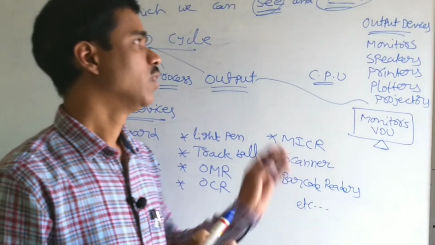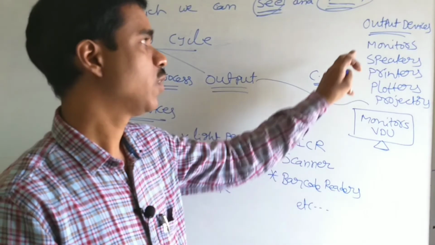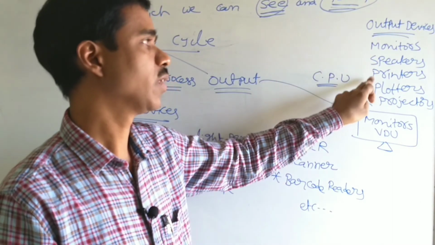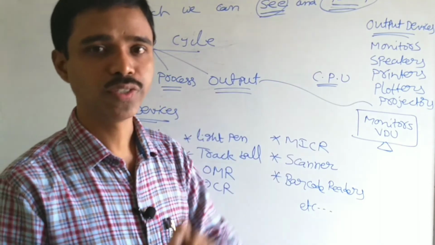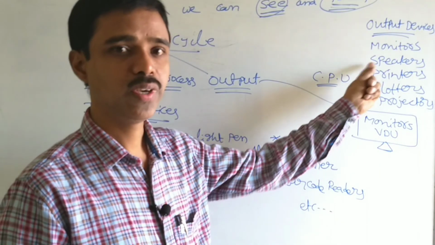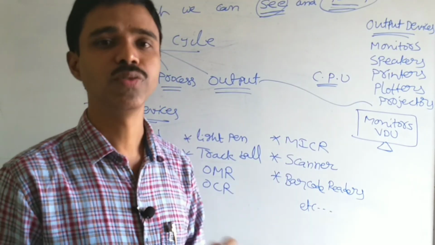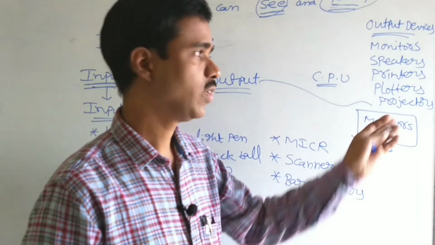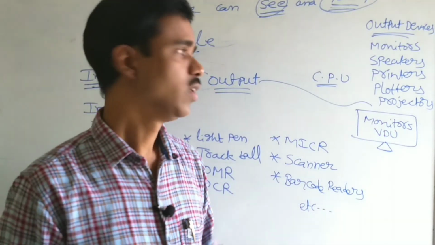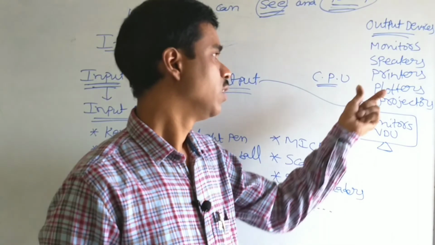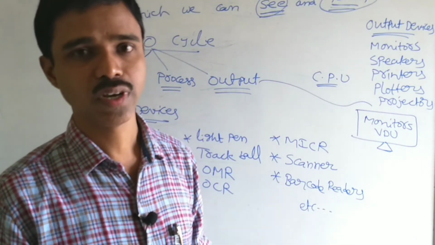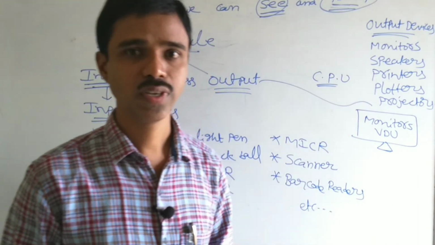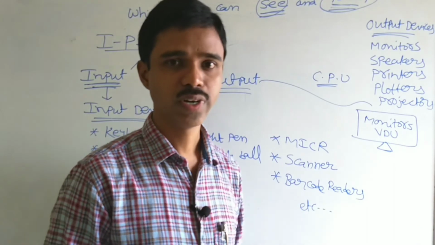Why are these called output devices? Because the monitor is displaying the results on the output screen. Printer is printing on paper, the paper comes outside, so that is also an output device. Speakers are able to produce the sounds from the computer. Plotters and projectors, generally we use for presentation purposes, so they are also output devices. Plotters are used in printing various large sheets like DTP, flexis. Plotters are also hardware.